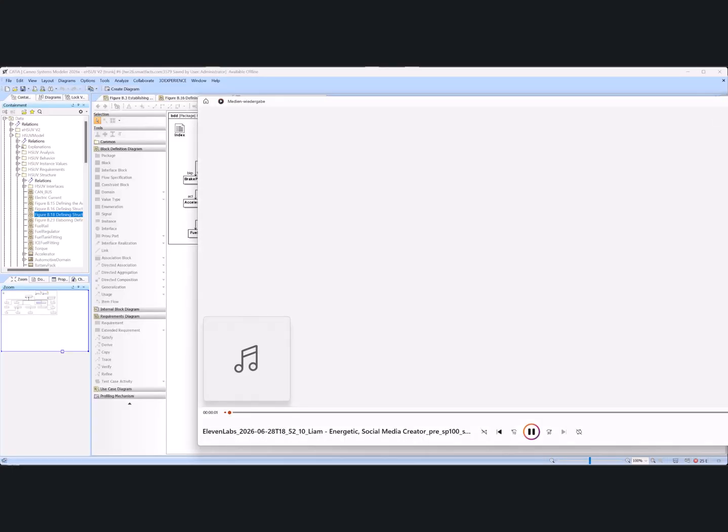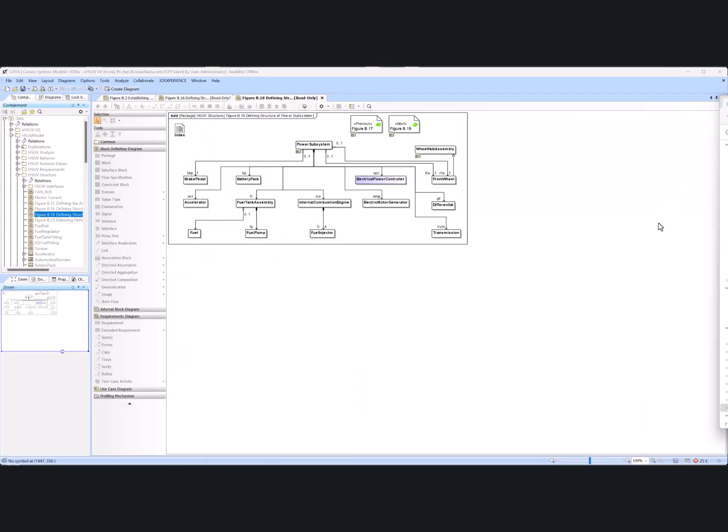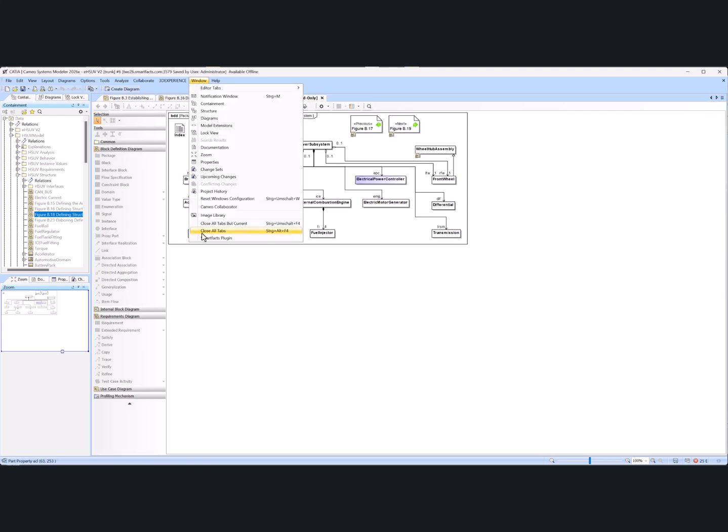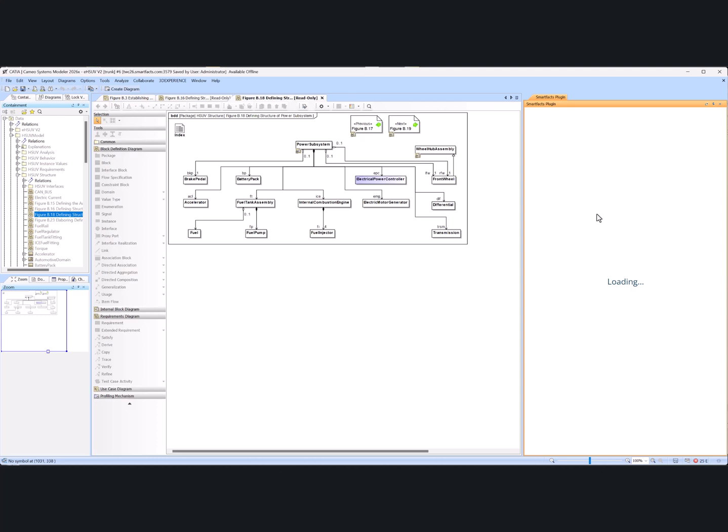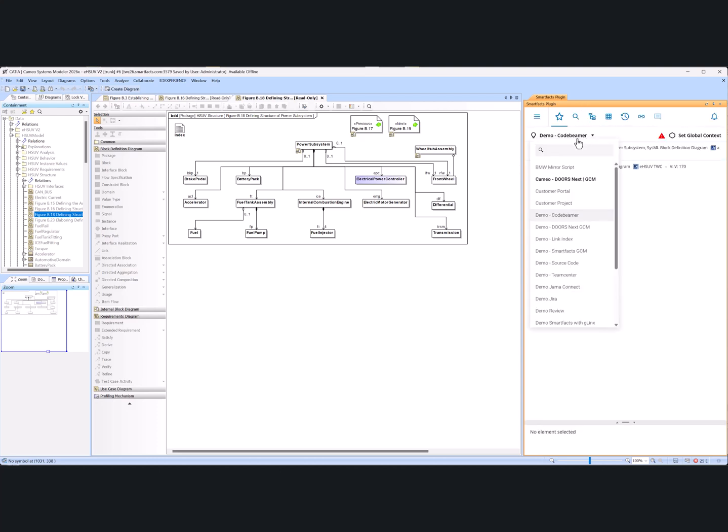Here we are in Cameo Systems Modeler. The SmartFacts plugin has already been installed. First, we make sure it is activated. We do that via the Window menu. Once the plugin is running, we select the SmartFacts project from the list of projects that has been configured on